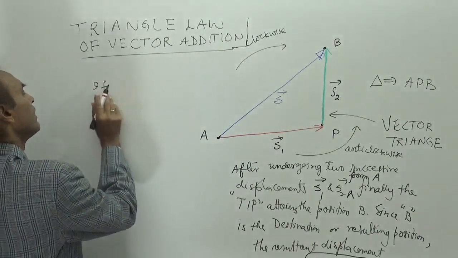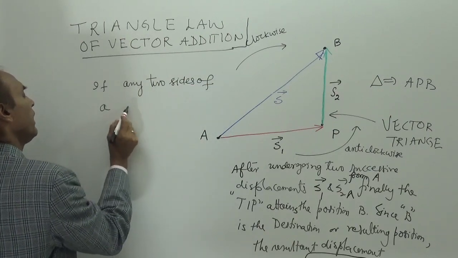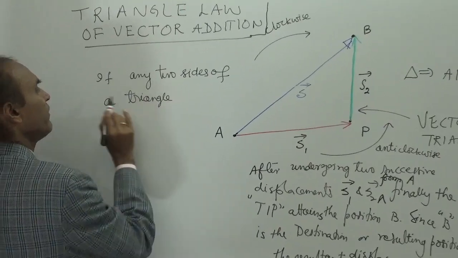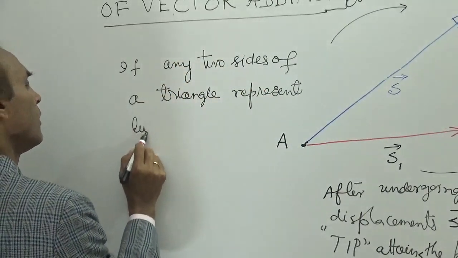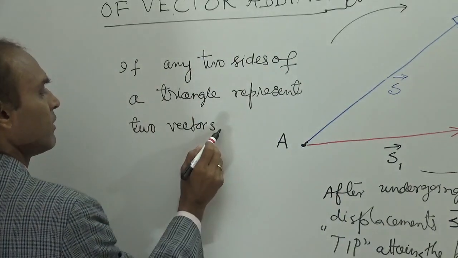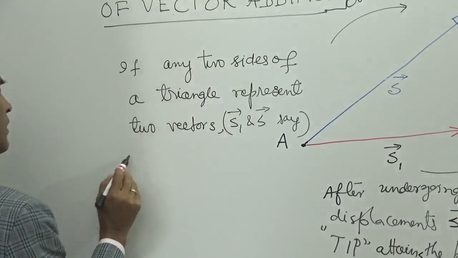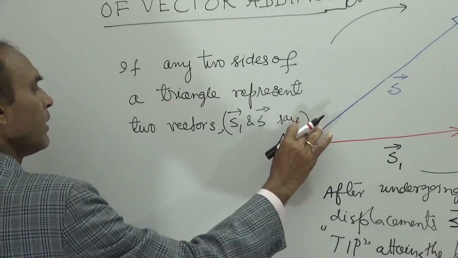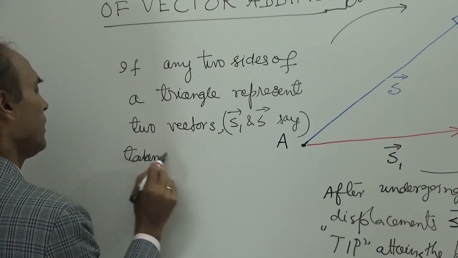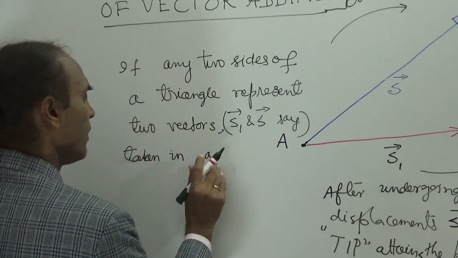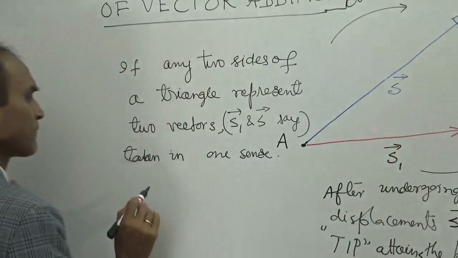If any two sides of a triangle represent two vectors S1 and S2, say, taken in one sense, the sense is anti-clockwise sense, then